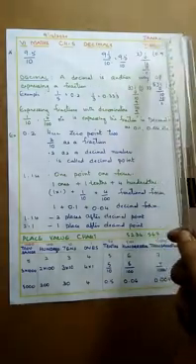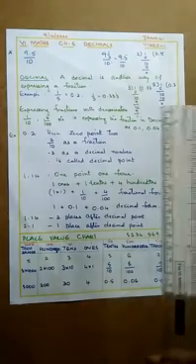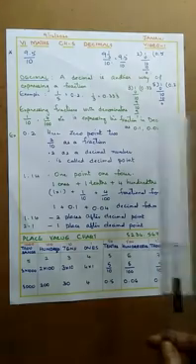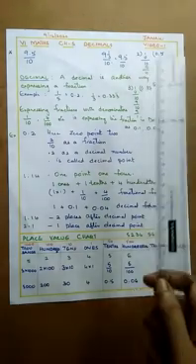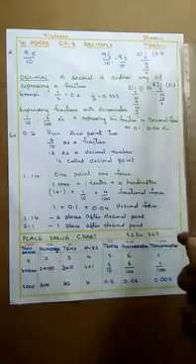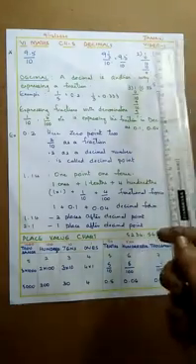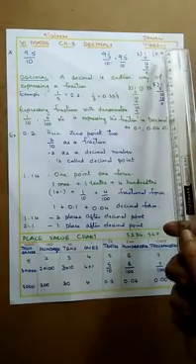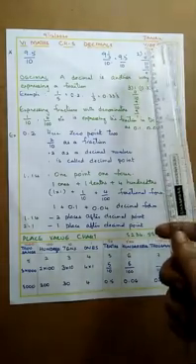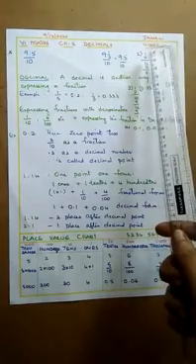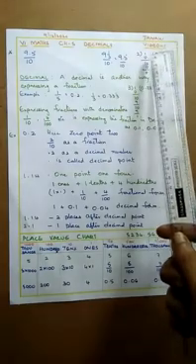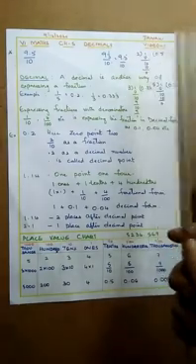That means 1 is divided by 2. Half means 1 part out of 2. That is what we learnt in fractions, isn't it? That means we are taking 1 and dividing it by 2. Now let us see how many times 2 goes in 1. 0 times, because 1 is smaller than 2. So 1 minus 0 is 0. We put 0 here.